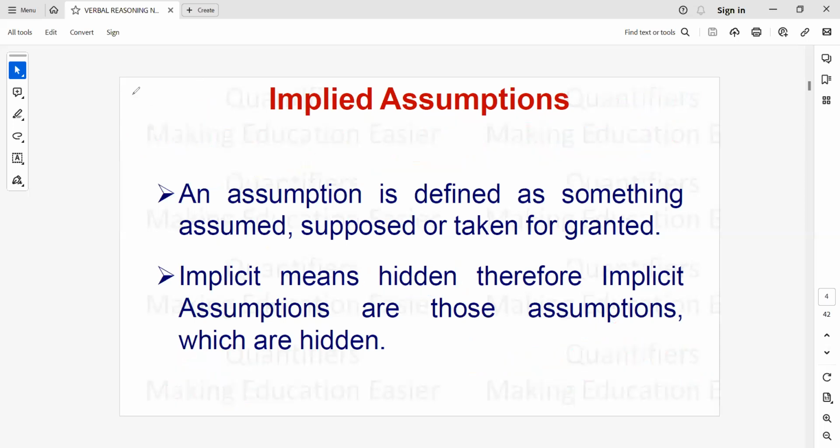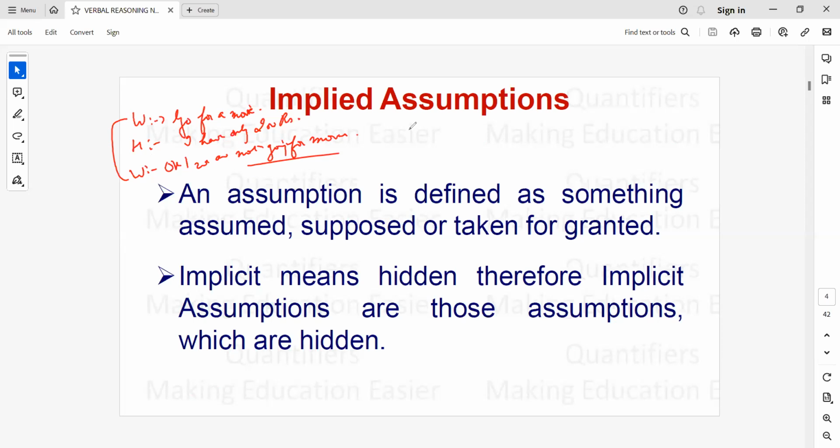And one more very simple example. Let's say a wife says to the husband, let's go for a movie. Okay, the normal day-to-day story, and maybe not with you guys. So the wife says to the husband, let's go for a movie, but the husband says, I have only 200 rupees. On the basis of which the wife concluded, okay, we are not going for a movie. Is there any missing link?